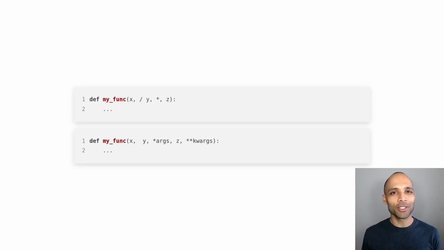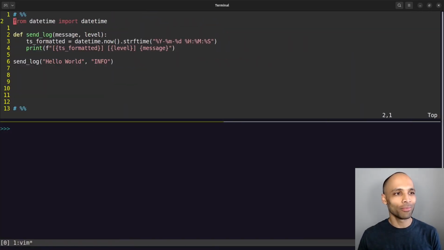A function is like a machine. You give it some input, it does something, and then it returns the results. Kind of like this one. Here, our function is called sendLog, and it receives two parameters in between these parentheses, a message and a level. Below that, we can see in the body what this function does. Here, we take the current date time and format it, and later we print the output as a standard log